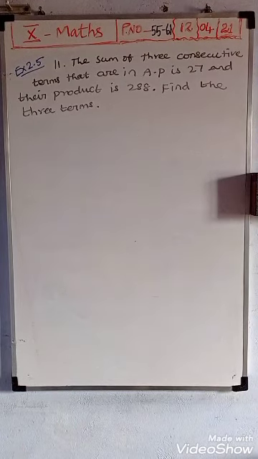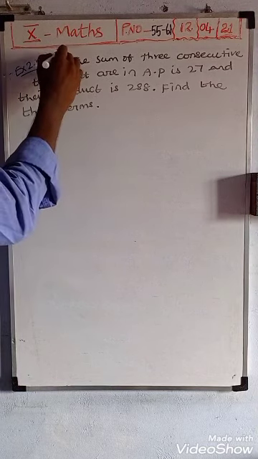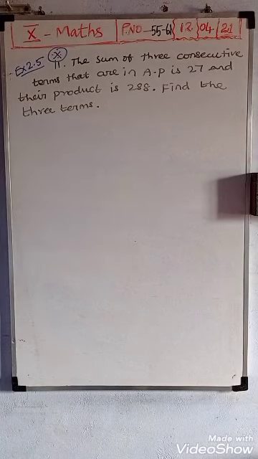See, next question, very important. This one is like that example sum. That also is very important. In the example sum, 4 consecutive terms in AP are given. First this question, look: the sum of 3 consecutive terms that are in AP is 27 and their product is 288. Find the 3 terms. In the example, 4 consecutive terms in AP are given, we want to find 4 terms. Both the questions are very important. It's the same method you use to work out the example problem.